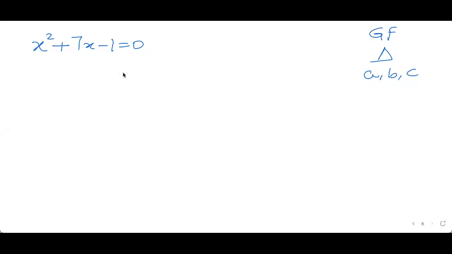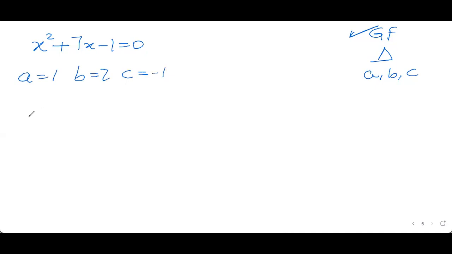First question is, to find the discriminant for this equation, we have 3 or 4 steps. First, we need to check whether it is in the general form or not. Yes, it is. Because there is a x square term, there is a x term, and there is a non-x term, and the RHS is 0. It is in the general form. Now, because it is in the general form, we can find out our A, B, and C. Very simply, our A is 1, our B is 7, and our C is minus 1.